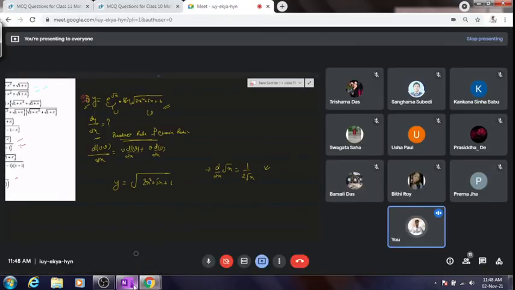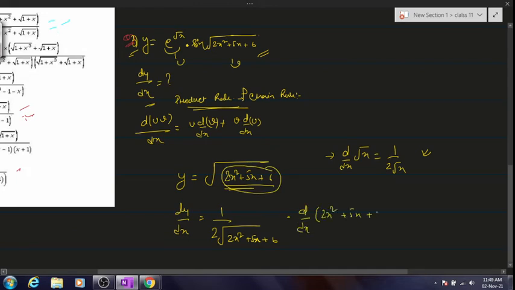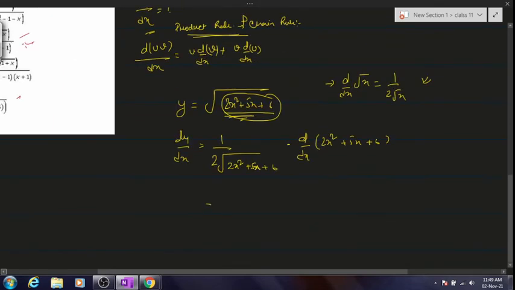Girls, come on, are you understanding this? So we'll be considering this entire thing as x. So root x differentiation is 1 by 2 root x. We'll just assume the entire thing to be x. Is it clear? Then the thing which you have considered as x, you'll be differentiating that thing again. Again, I'll repeat myself: the thing which I have considered as x, we'll be differentiating that thing again. This is what chain rule says.